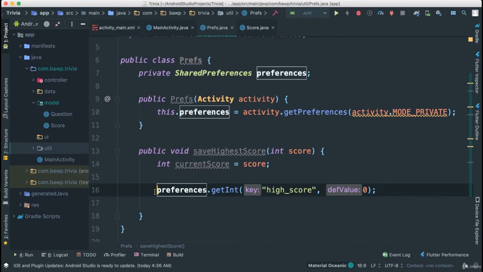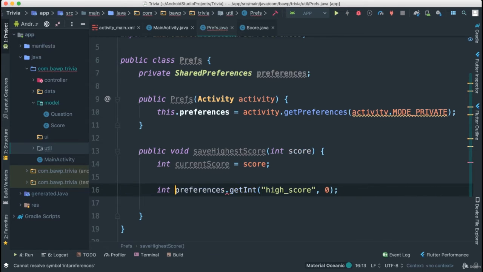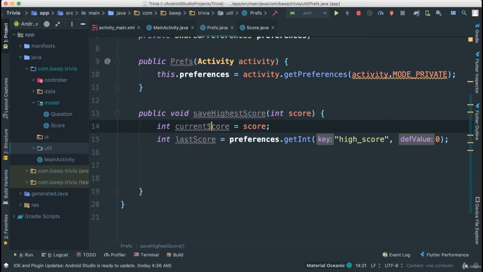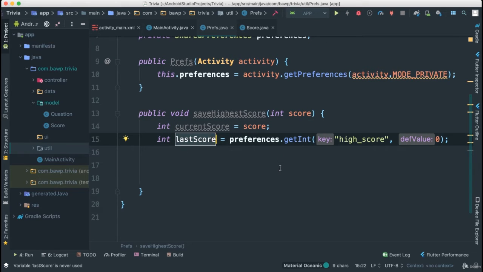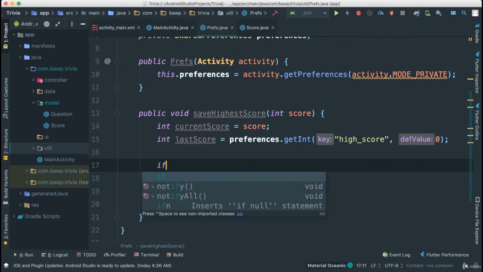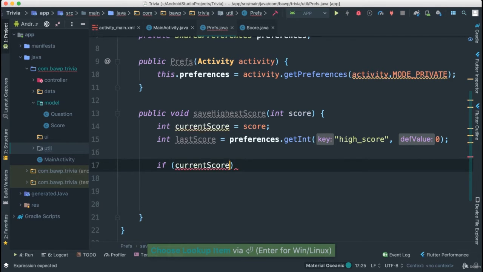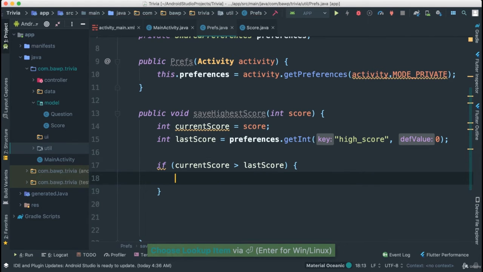And in this case, I'm going to put it inside of another int called last score, like that. Current score, which we are passing whenever we want to save, right? And I'm going to get the last score that was saved, which we assume is going to be something there. If there's nothing, it's going to just return 0. That's totally fine. So this should not fail per se. Now we're going to just say if current score is greater than last score, right? Then we know that we have a new